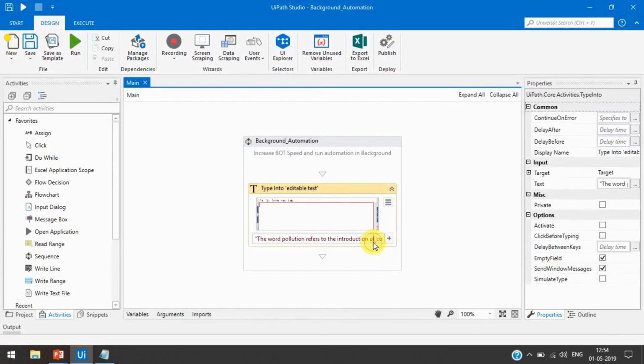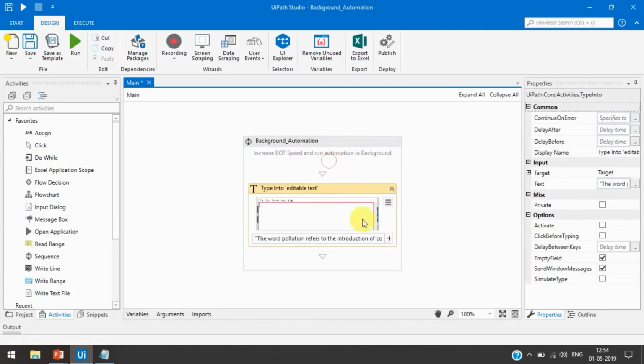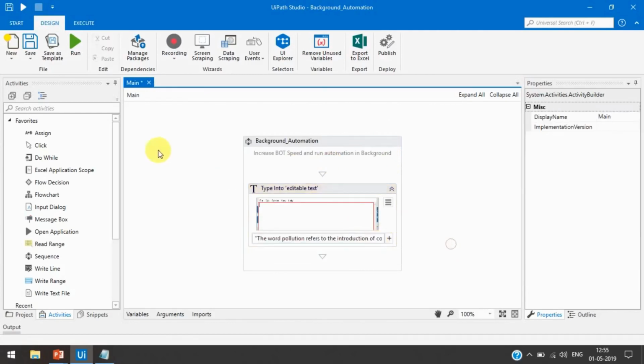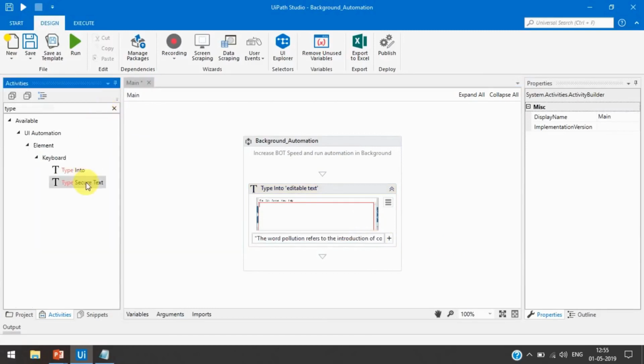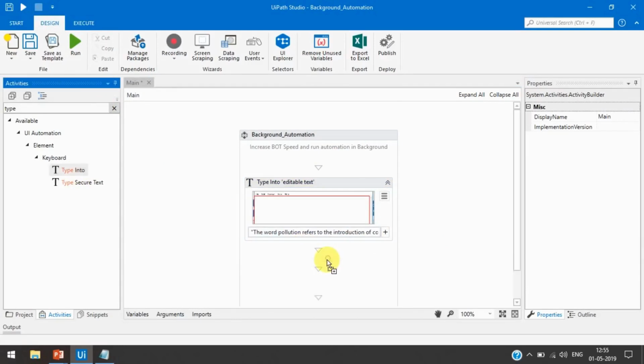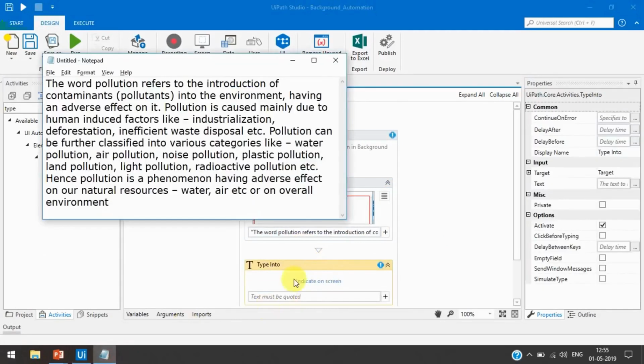I'm just going to press enter. It means after this sentence, one enter will be pressed, right? And then we'll type one sentence here. So for that we'll take one type into activity here, and then we'll click on that notepad here.